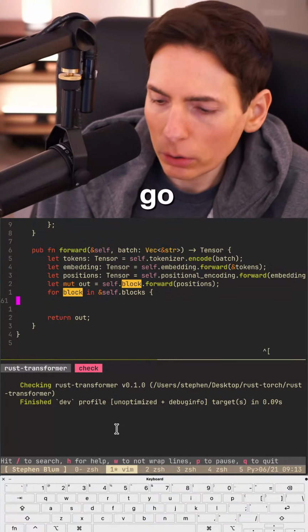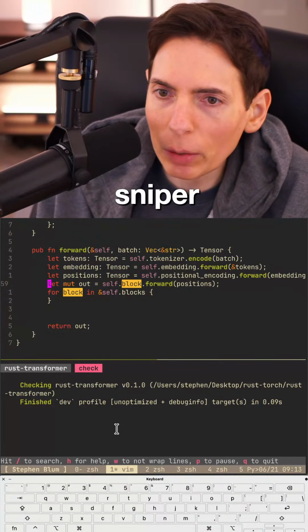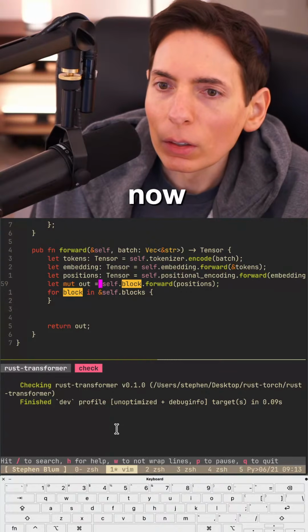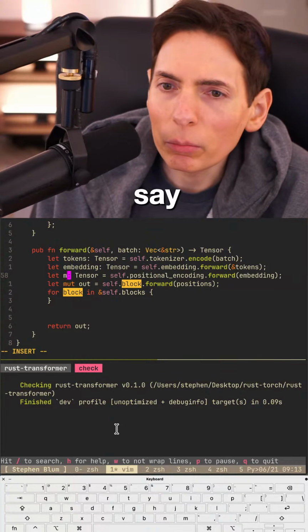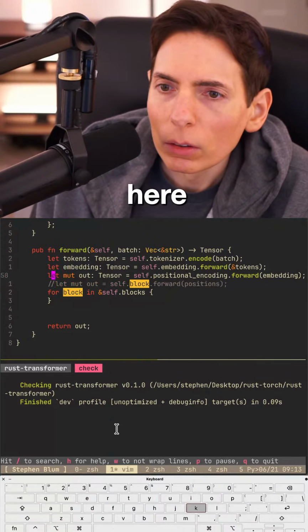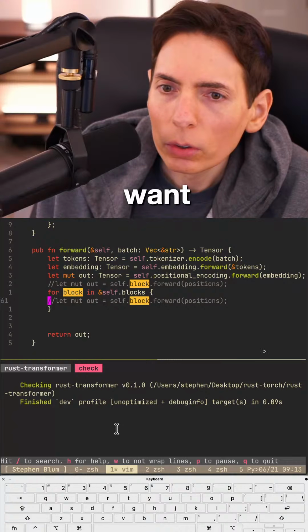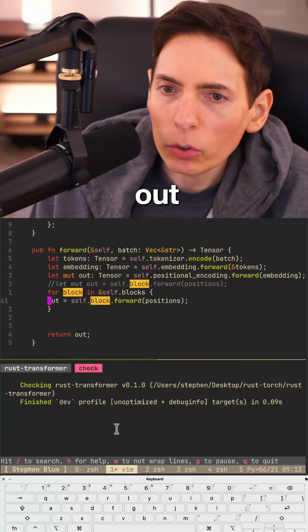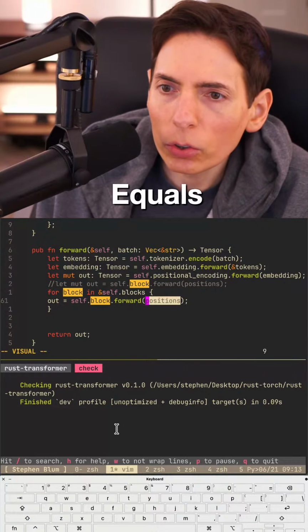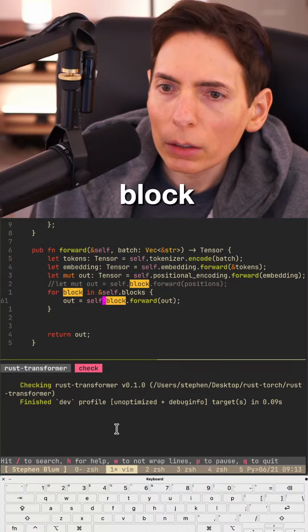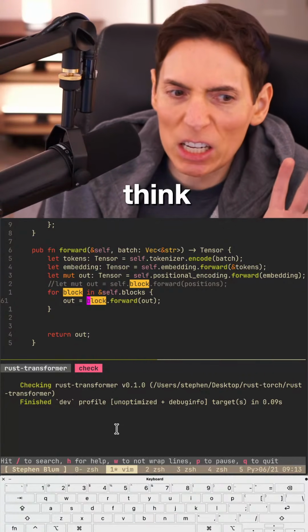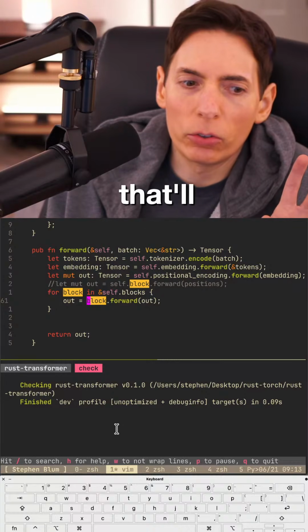Here we go. This is for you, Squirrel Sniper. We're going to do multiple blocks now. I'm just going to say mute out here. Then we want to grab our out equals out, and then this would be a block. Like that. I think that'll do it.